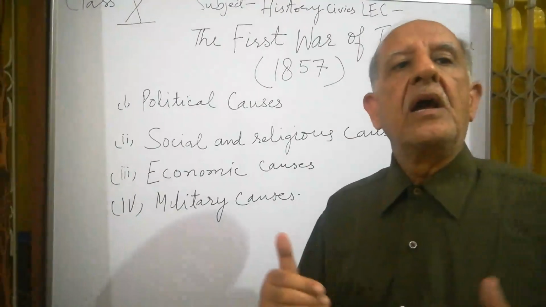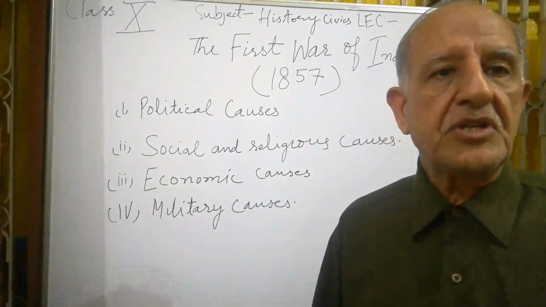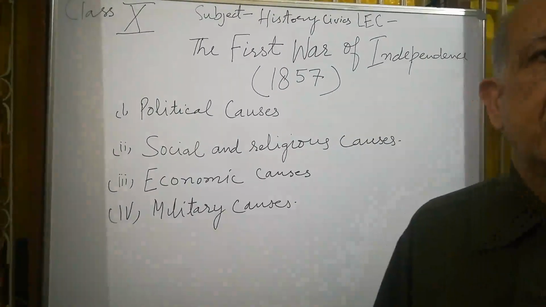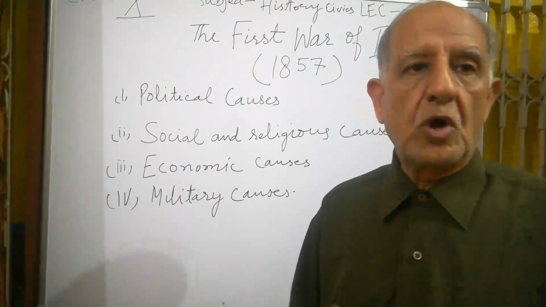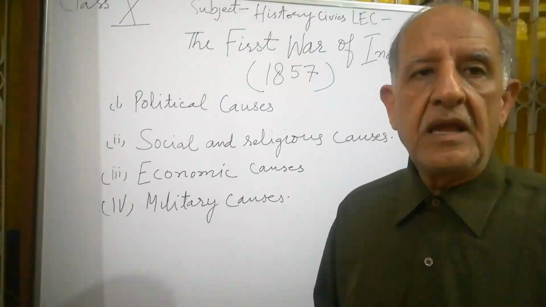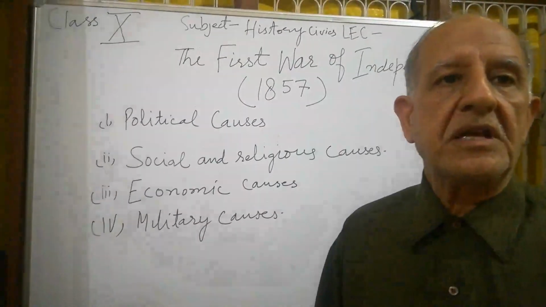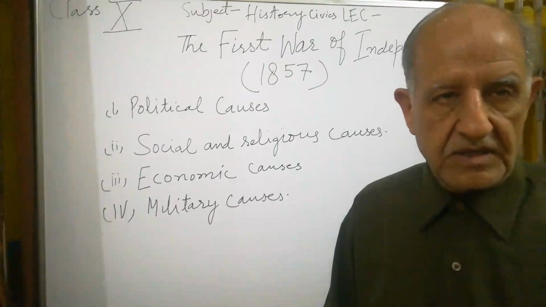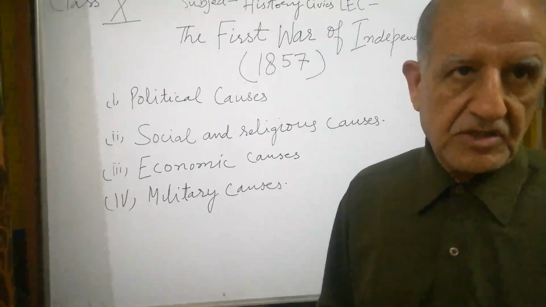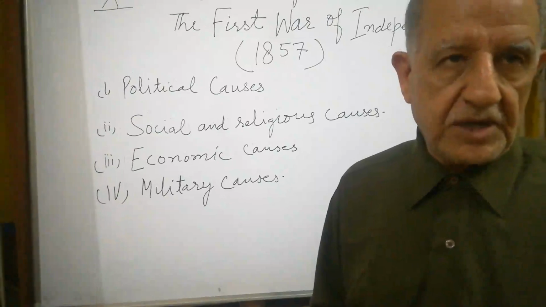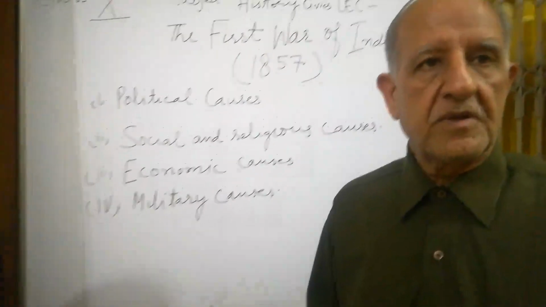Similarly, the Indian soldiers were more in number in the East India Company as compared to the European or the British soldiers. So they felt that they could easily defeat the East India Company. That gave them courage to go against the British. So, this is how